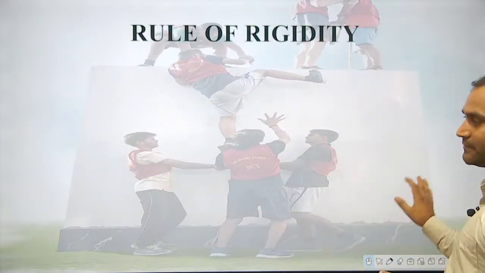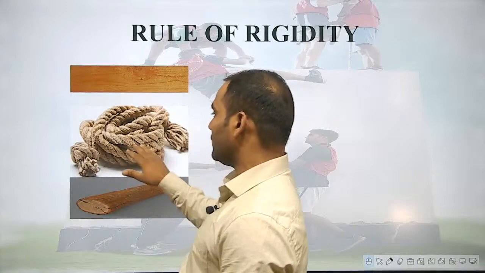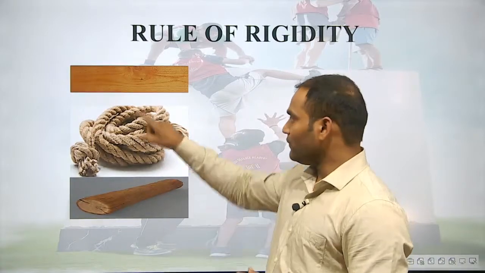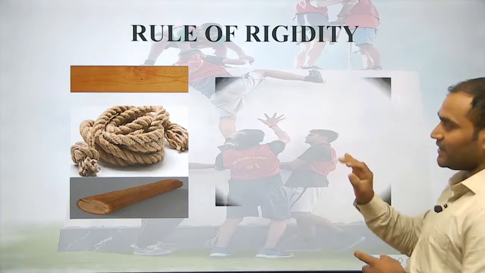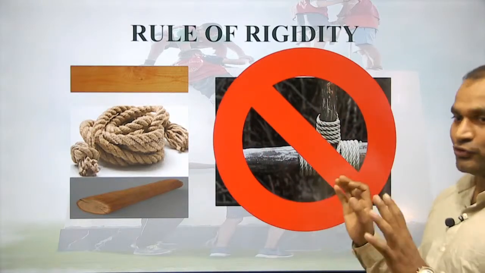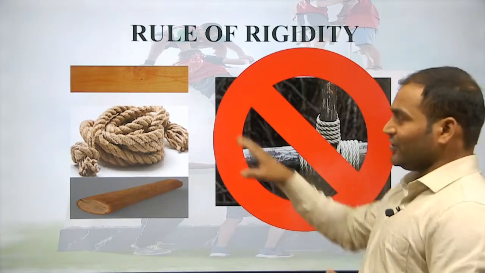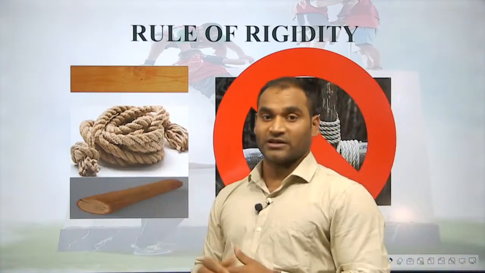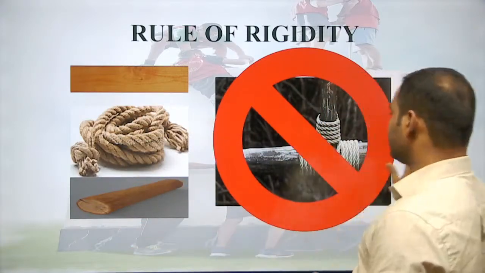Second is the rule of rigidity. Rigidity means first we learn what the supporting materials are. Supporting materials are plank, rope, and log. So, there are 2 solid items and one tying item. If you start tying 2 solid items together rigidly, you are violating the rule of rigidity. If you do that, it is against the rule and strictly prohibited. So, you do not have to tie 2 solid materials together while operating in the entire PGT. It is applicable to the rest of the 3 activities, like command task, SGT, or even the file group task, all of them including the PGT. These rules are applicable to all 4 tasks; nothing changes there.